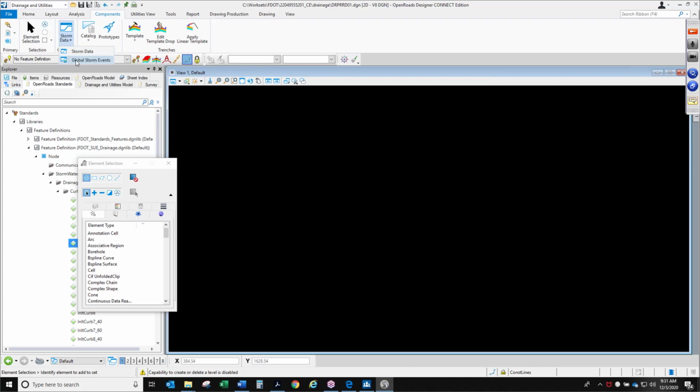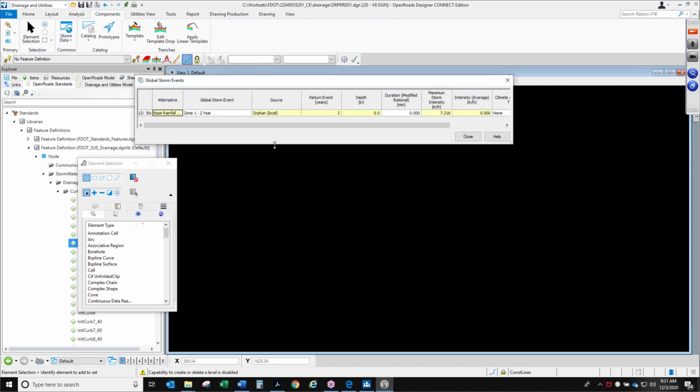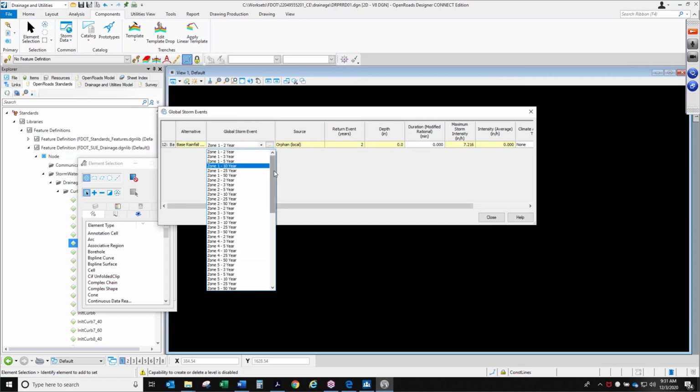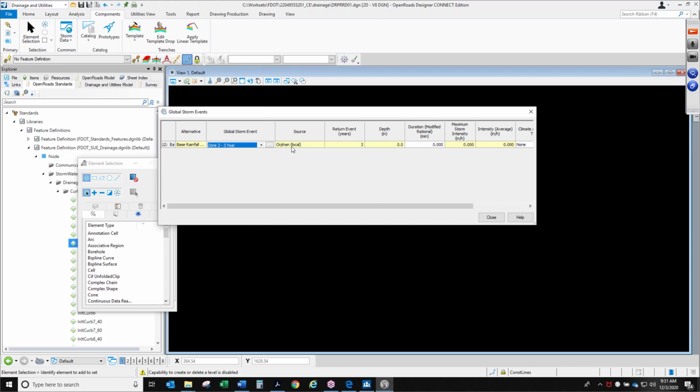All right, so now we're going to go back to global storm events, and what this is going to do is give us an option to pick from that list of curves, IDF curves that we found. So for this one, this example, we're going to pick zone 2, 3 year. And anything in yellow is just predefined. You don't have to worry about